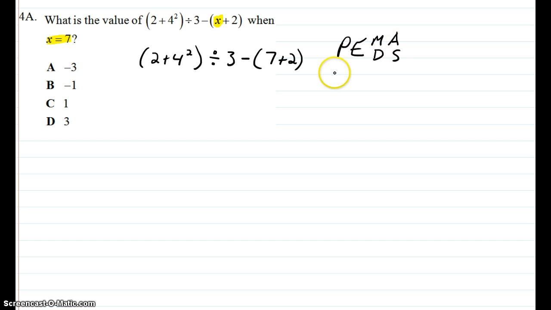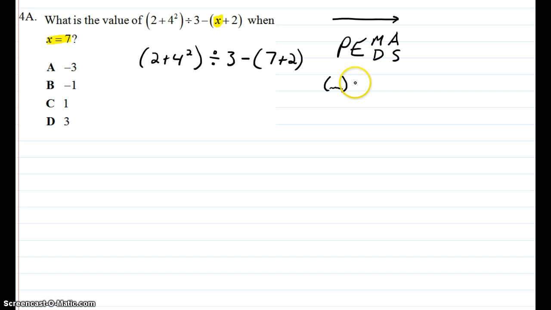So working from left to right, whenever we have parentheses, we do what's inside the parentheses first. So since we have parentheses, let's do those first. So now in this first set of parentheses, notice that there's two things we can do. We have an addition and we have an exponent. So now we come back over here and say, well, what do I do first? So as we work left to right,